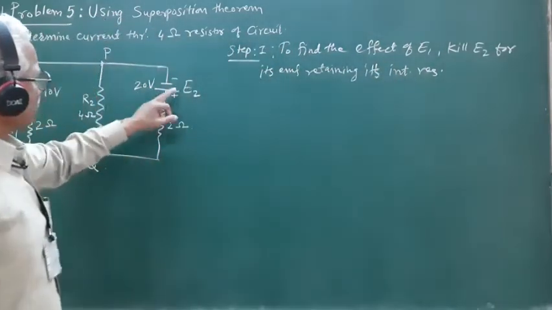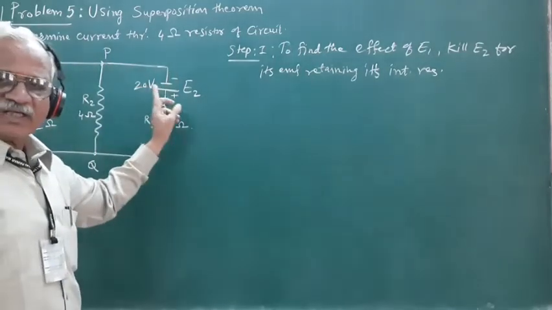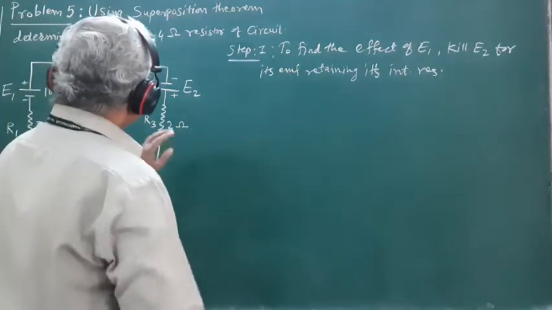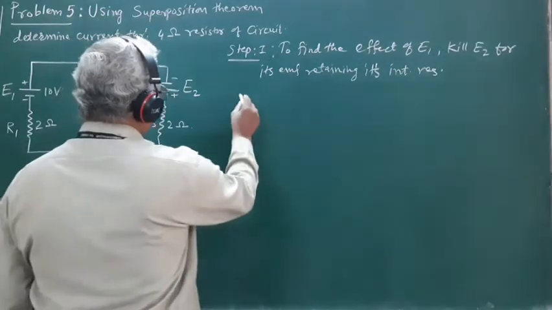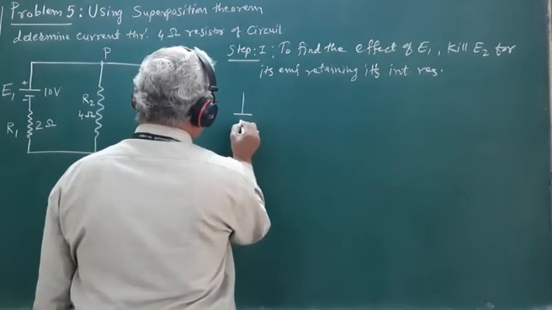So in this case, no internal resistance is mentioned here, so we can consider the internal resistance of the source E2 is 0. So if the source E2 is killed for its EMF, then the network reduces to the form